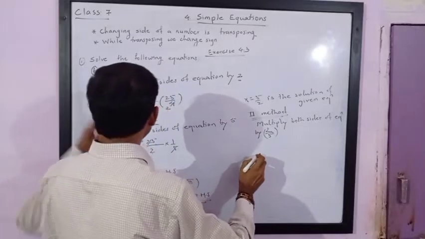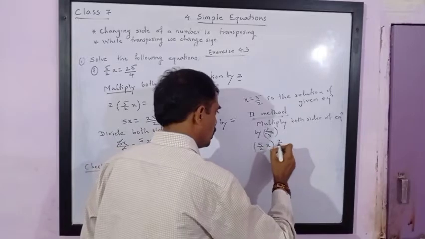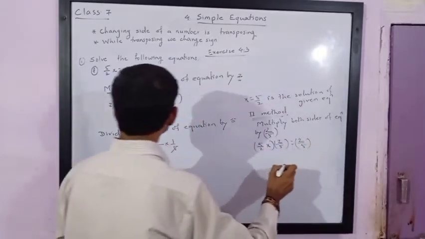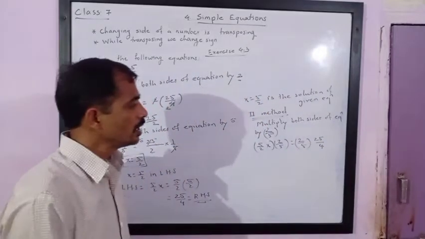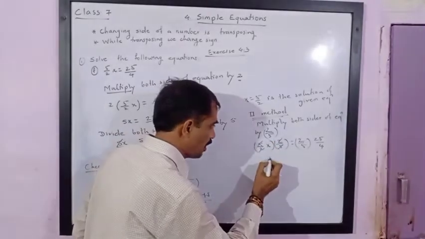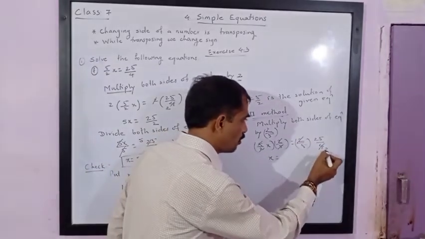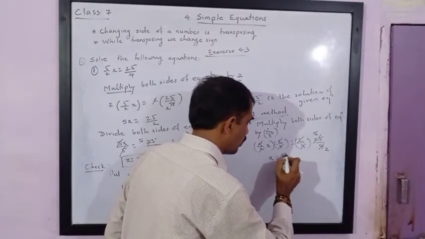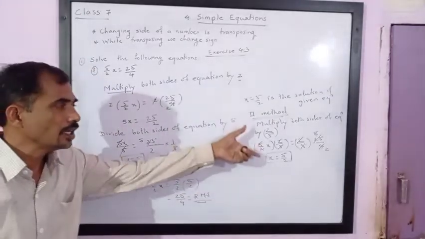So you will get 5 upon 2 x multiplied by 2 upon 5 is equal to 2 upon 5 multiplied by 25 upon 4. So please note, these 2s eliminate with each other, 5 eliminates with 5, so the left hand side is left with only x. Now this 2 eliminates with this, you will have 2 2s are 4, 2 1s are 2, 5 eliminates with 5, so you have x is equal to 5 upon 2. So please note, we have got the same solution in a single step.